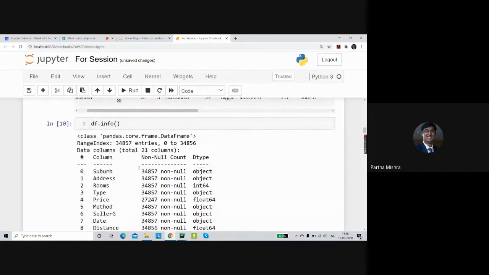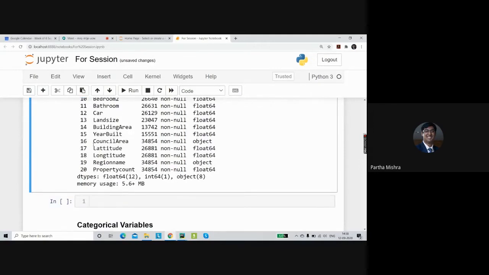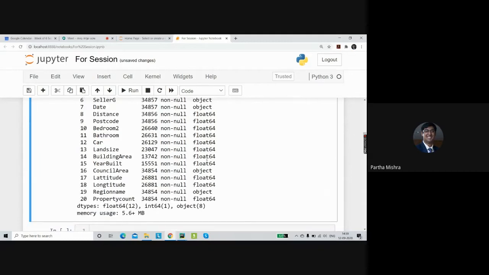here you'll be able to see all the 21 columns. In Python, everything starts with the digit 0. So for 21, it starts from 0 all the way till 20. Now here, if you just look at the dtypes, dtype stands for data types. In this, you will be able to understand integer and float columns are total 13, but the rest of the 8 columns are object. By object, most of them would be categorical data. It has been read as an object because they are in string format.